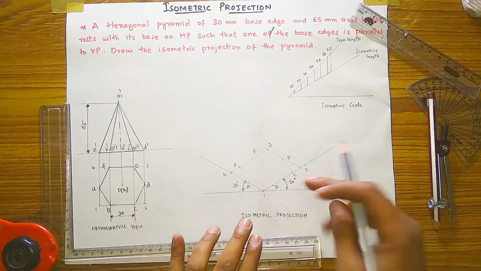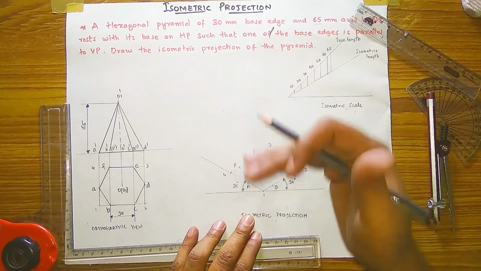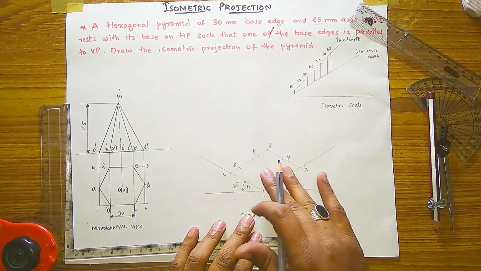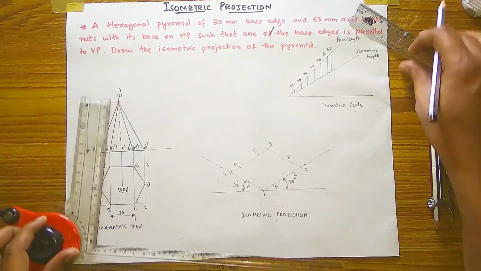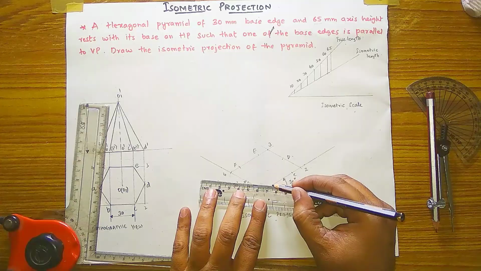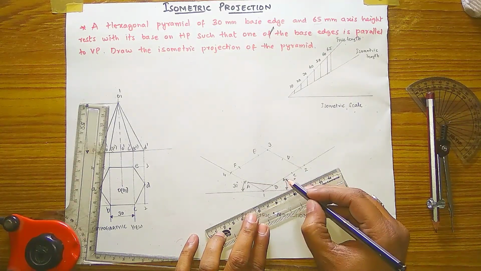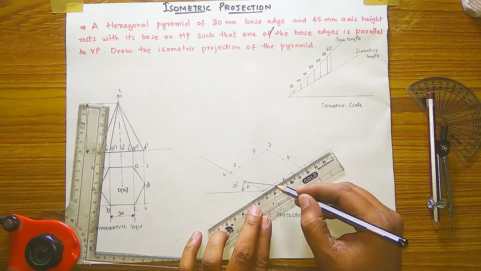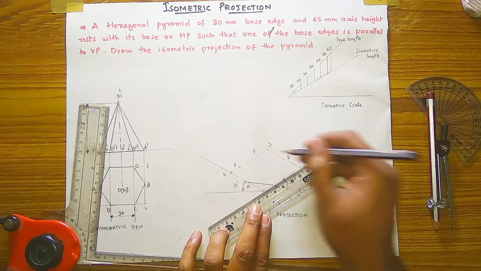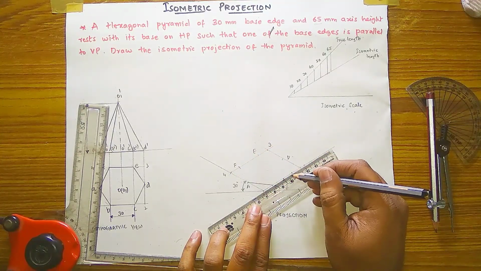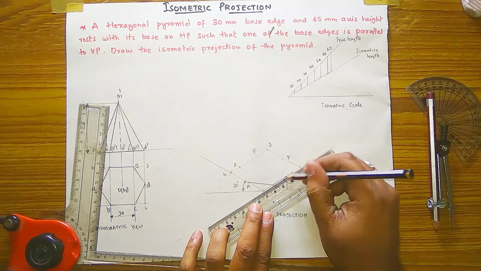To draw this hexagon, we are the observer. We will see from the top, means from the front, to this hexagonal pyramid. Means A and B edge will be visible, so we have to draw it as dark. And this B and C is also visible, we have to do dark, and it is coming on the boundary, means on this hexagon lines, if any line comes, that will be on the boundary. So boundary will be dark, we have to do dark only.